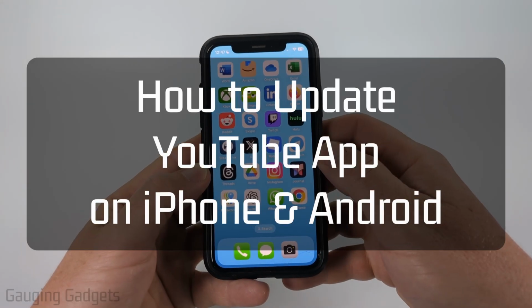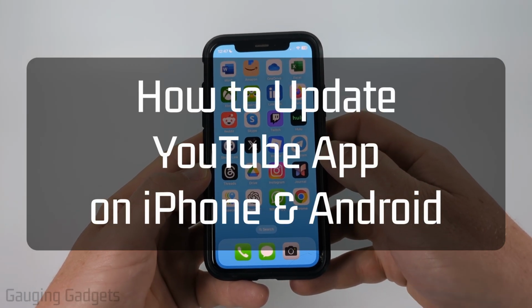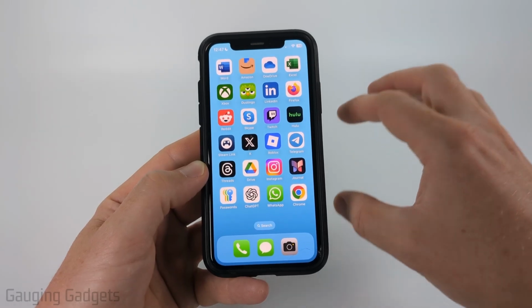How to update the YouTube app on an iPhone, Android phone, or Samsung phone. In this video, I'm going to show you how to easily update to the latest version of the YouTube app